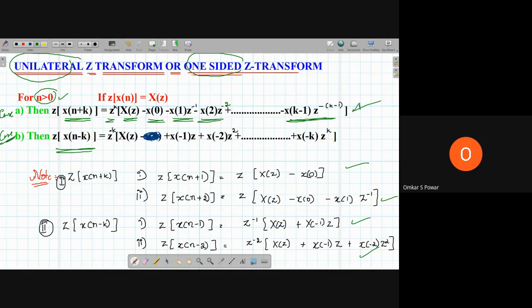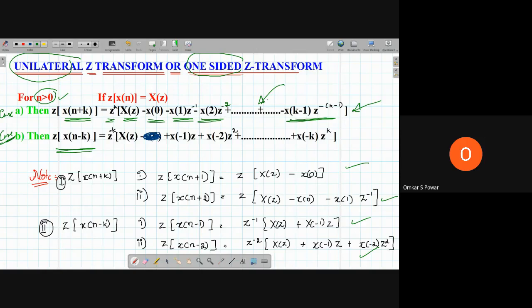So if you want to see the derivation, you can refer to some textbook. Here, instead of deriving the things, we will apply them, keeping these two things in mind. If you want the derivation, it's easy. First, Z transform of x of n is equal to summation n varies from 0 to infinity x of n z to the power of minus n, and substitute x of n plus k in your formula. So instead of x of n, take x of n plus k, and put n plus k equal to l, and you can simplify the things to get it in this form. It's easy, just 2 or 3 steps. You can refer to any textbook or any source for that.